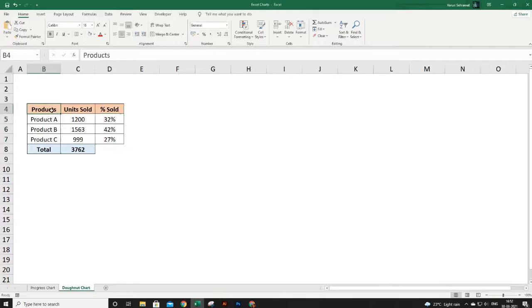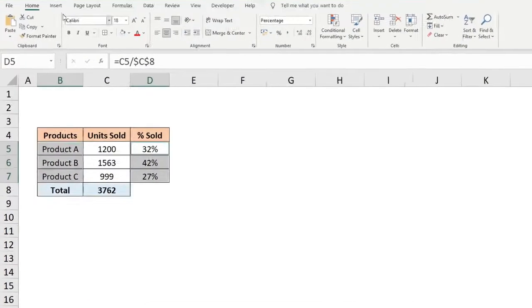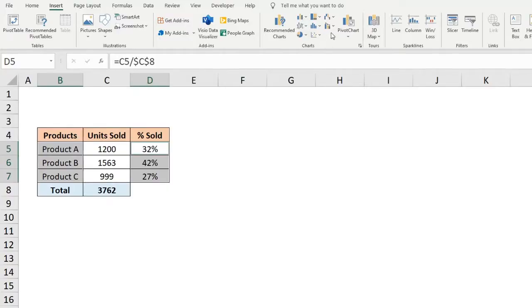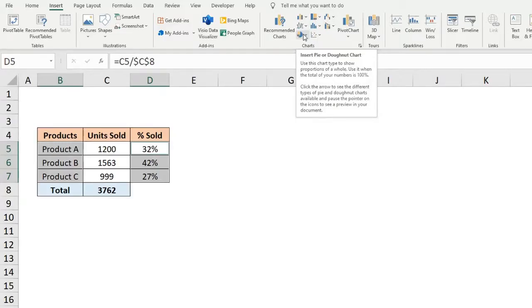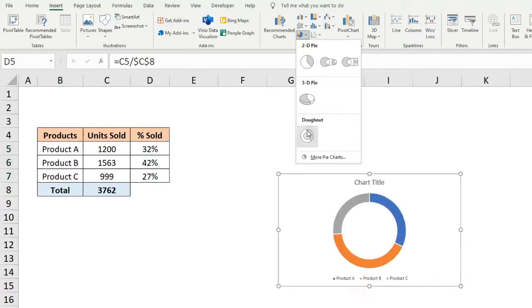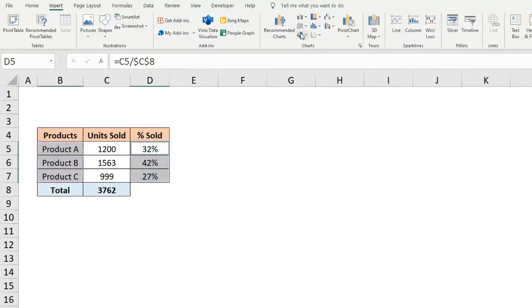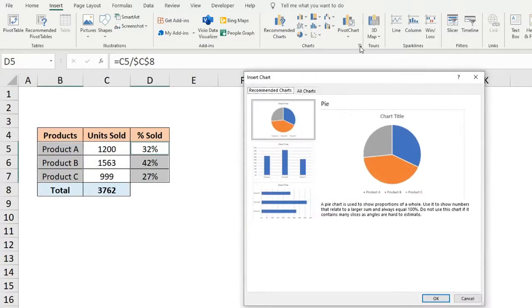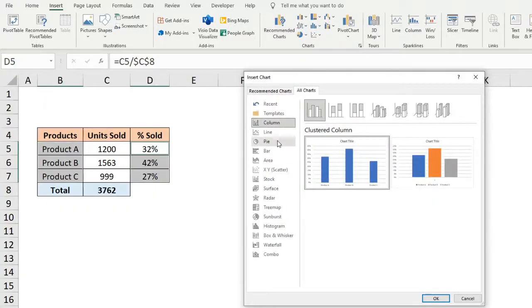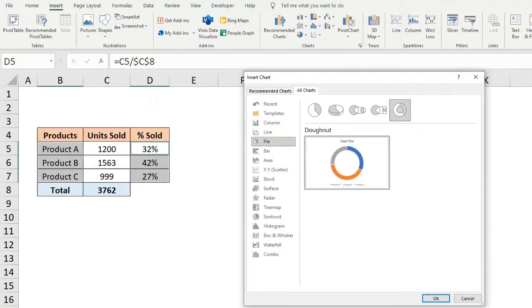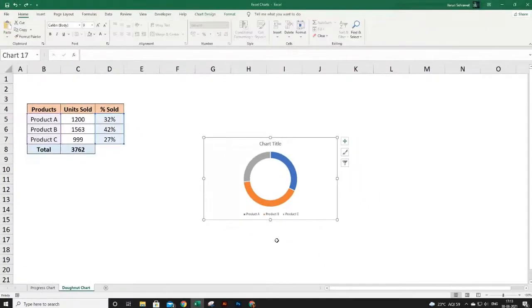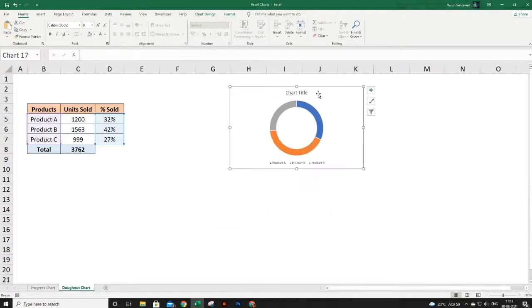Now we will display the products and their total percent. So select this column, hold your control key and select this column. Go to Insert. Under your Charts tab, you have multiple chart types available. Donut is a type of pie chart. So you can select this circle icon and then select Donut. If you don't see this icon here, then click this arrow at the bottom right, go to All Charts. Under Pie, select this donut shape and click OK. You will get your chart. Drag it wherever you want it in your file.